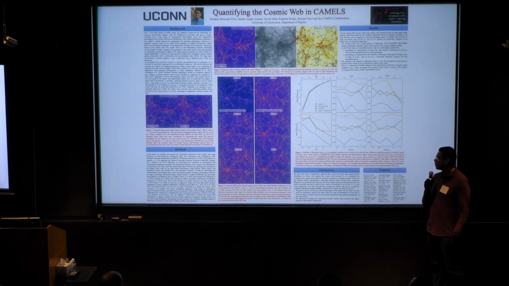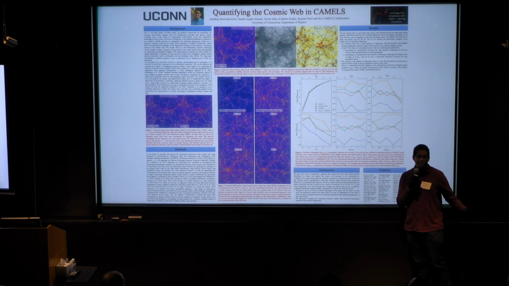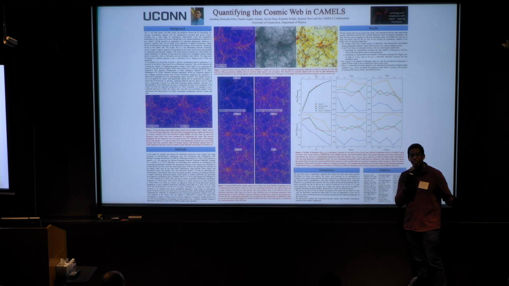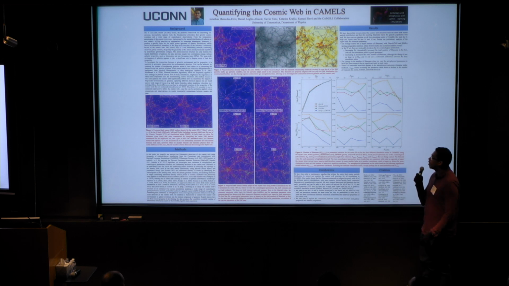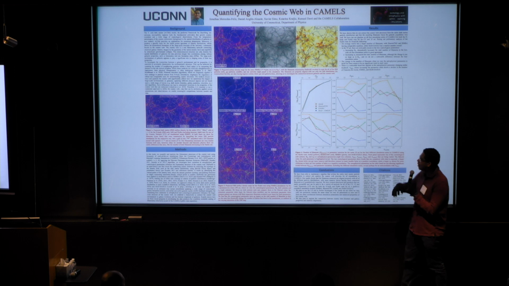I'm a postdoc at UConn, and I have been running a filament extractor called DisPerSE on the CAMELS set. The difference of running DisPerSE that I'm showing on this poster is that I'm actually running on the whole dark matter distribution instead of just collecting some type of sample or using different tracers. And so I've been able to run this for the whole CV and 1P set,